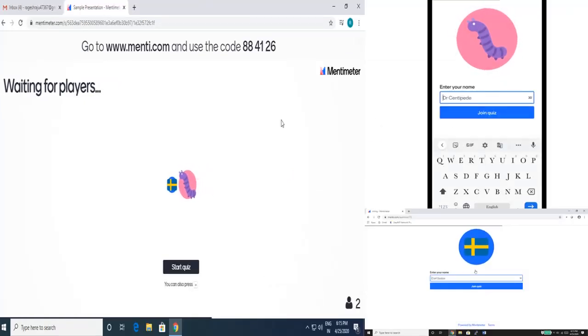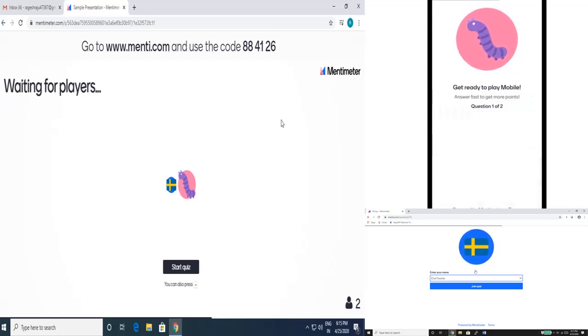So here it is, the quiz, waiting for the players. I give the names here. When a quiz starts, it asks for the names. The audience can give any name, so it is not mandatory that they give their exact name. That creates a problem, though not a big one, but especially for teachers who would want the exact student's name to be added there, it may be a little bit difficult.